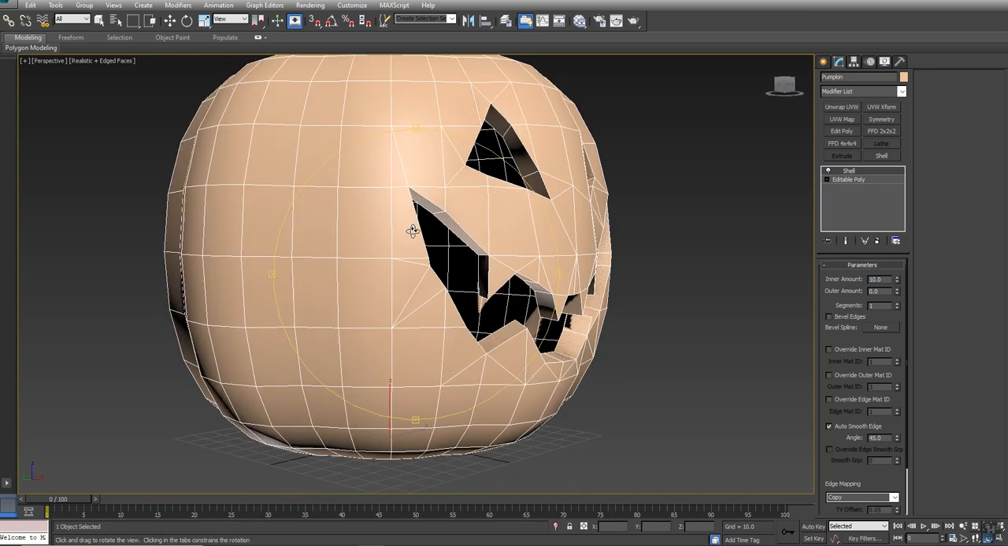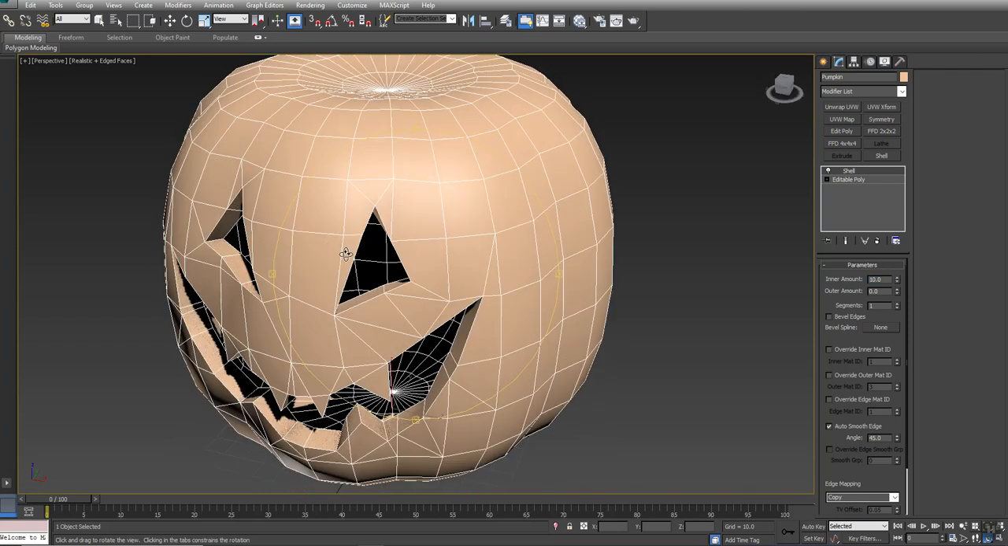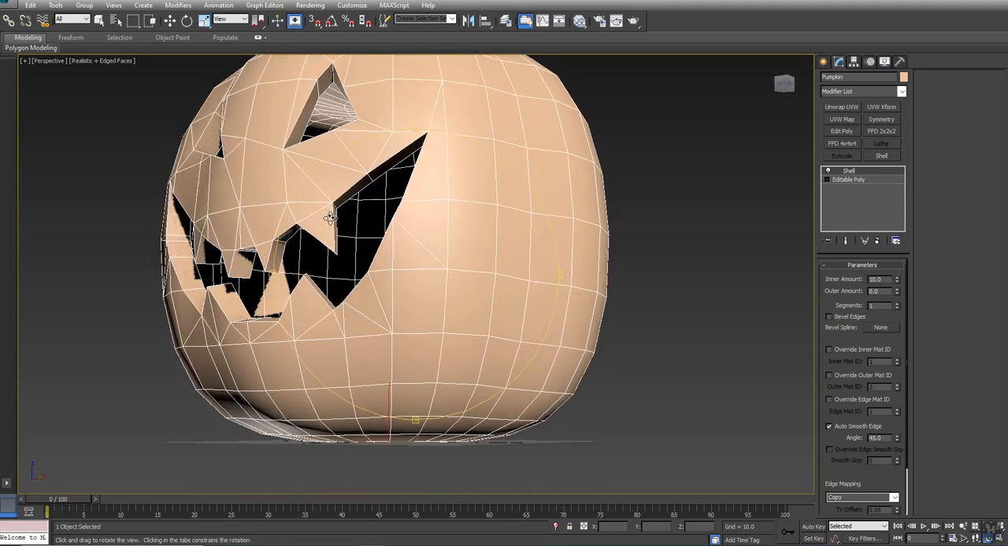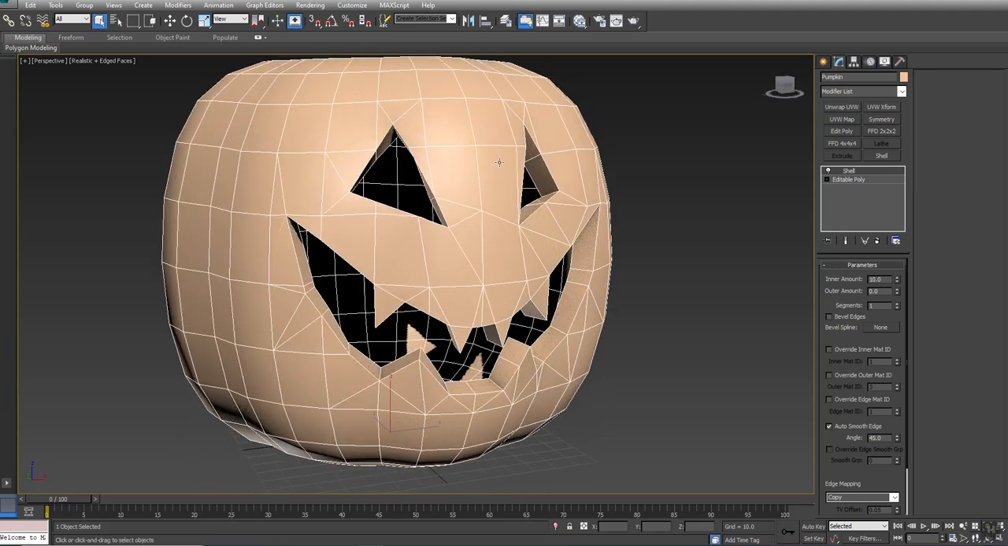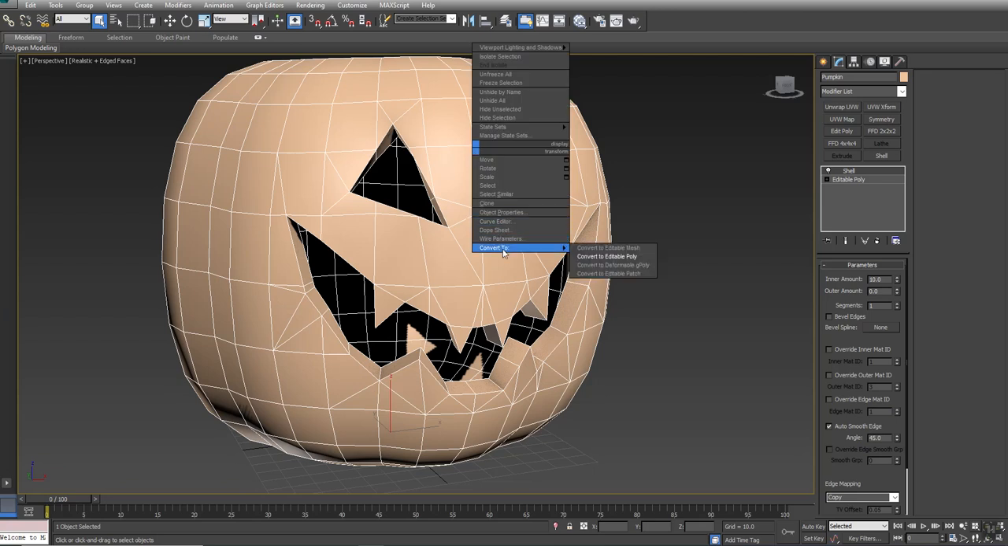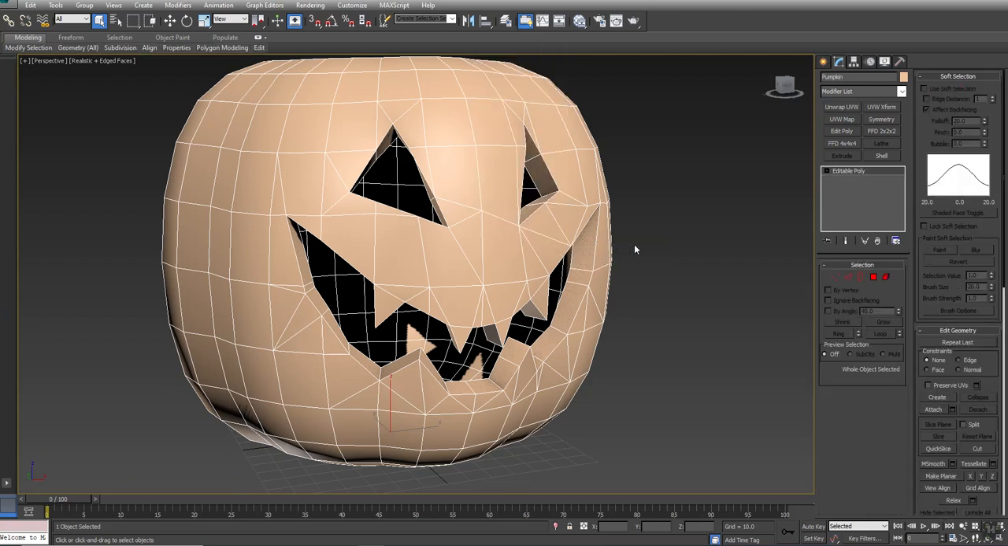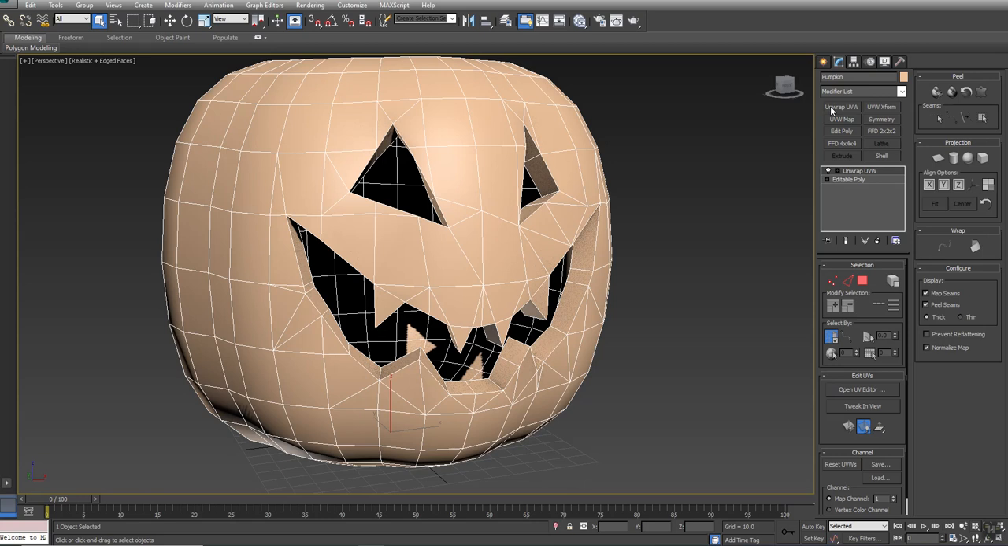We can orbit around, see how that goes. Yeah, actually looks pretty good. I think I can probably live with this. So let's leave that at 10. All right, and what we're going to do is we're going to make that change permanent. So we're going to convert to edit poly. And now we're going to put another unwrap on. So at this point, what we're going to do